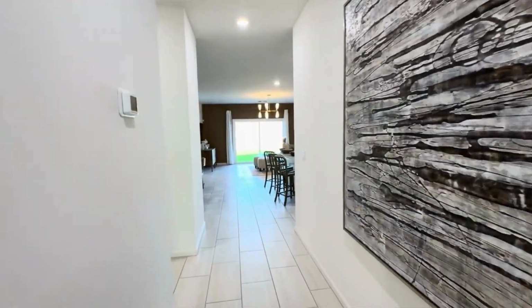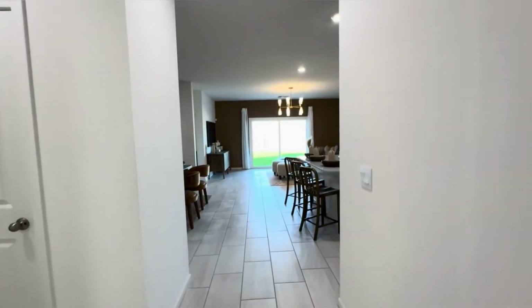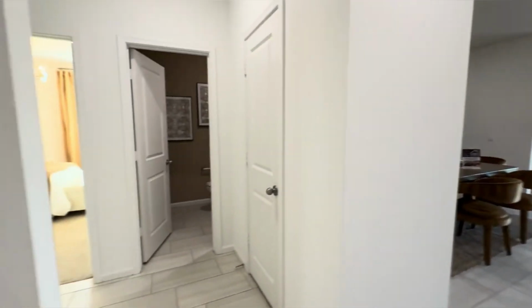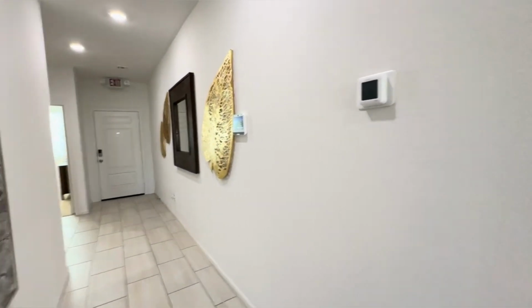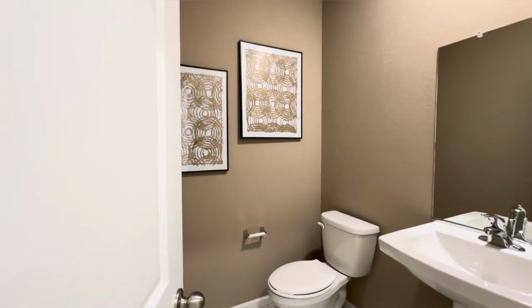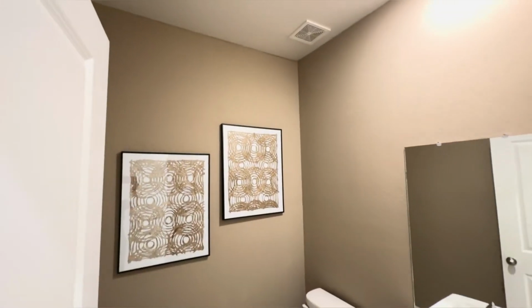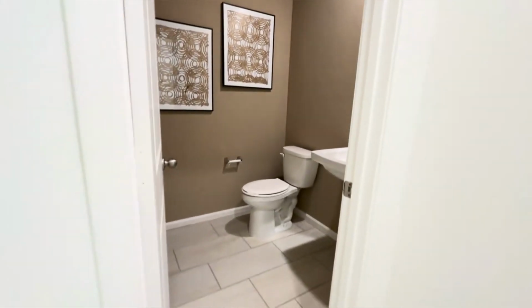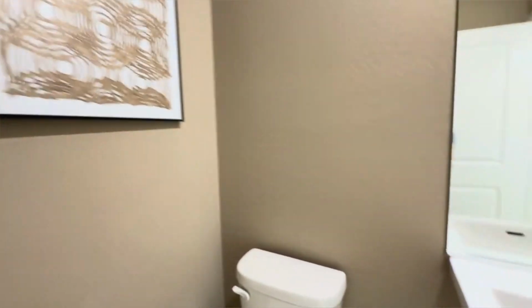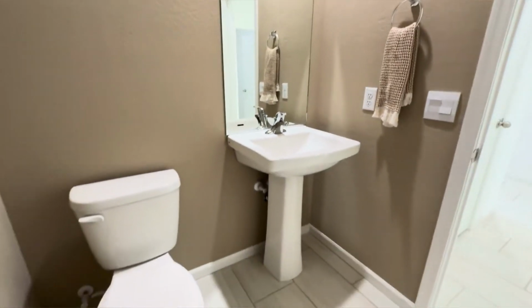So as you can see, you have the tall ceilings. This is a split floor plan, meaning the primary bedroom's way back there. Secondary bedrooms are up front. And this is the guest bathroom. It's a half bath. I love having that extra half bath, just because when you have company or people working in your home or visitors, it's just nice to have a bathroom just for them,